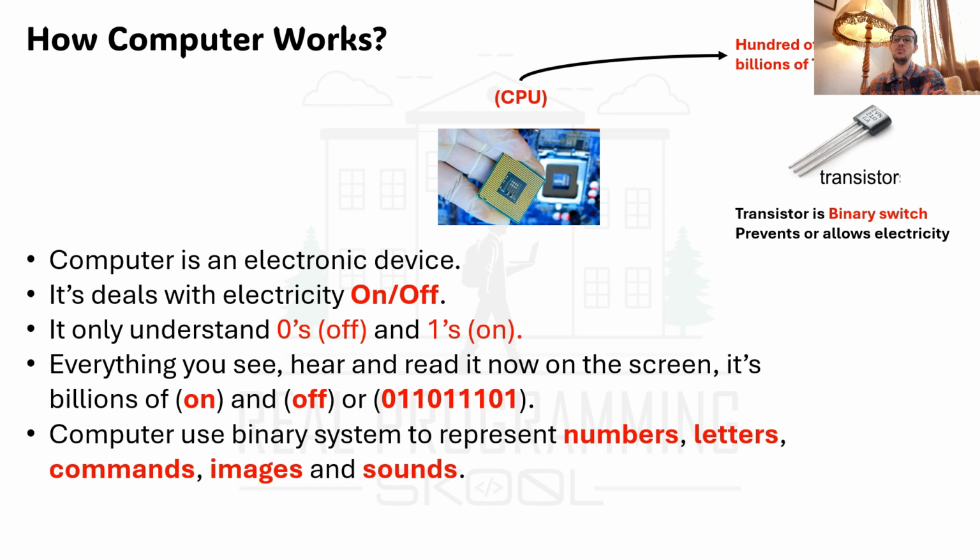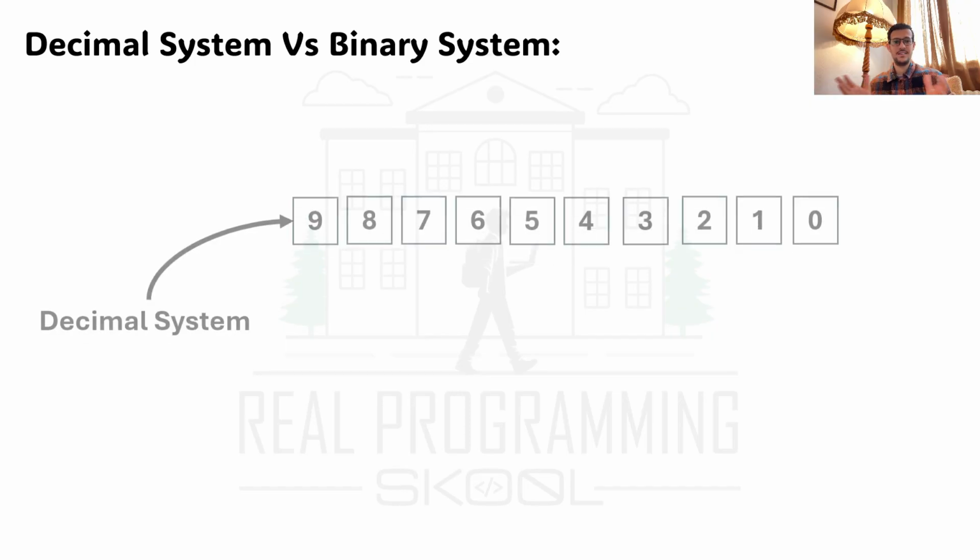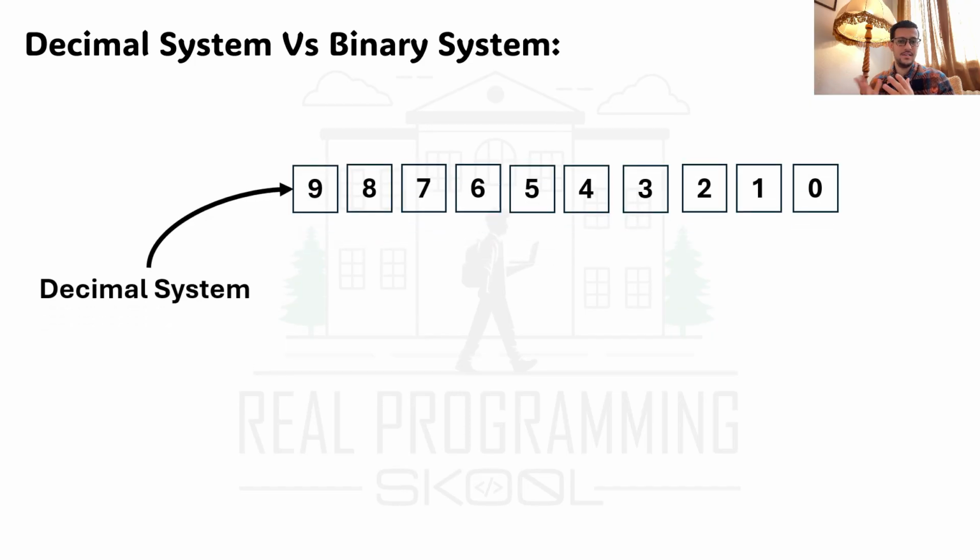But before we explain what the binary system is, we should know what the decimal system is. The decimal system is base 10. It's the system that we use every day in our life. For example, your phone numbers, your bank account money, you create from it hundreds,